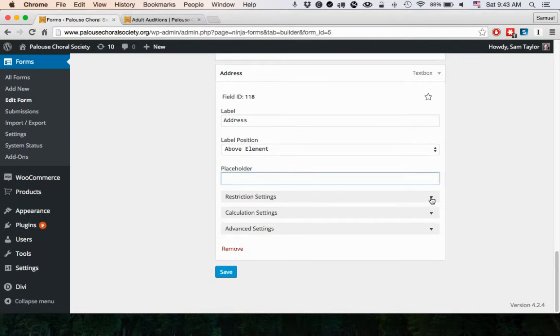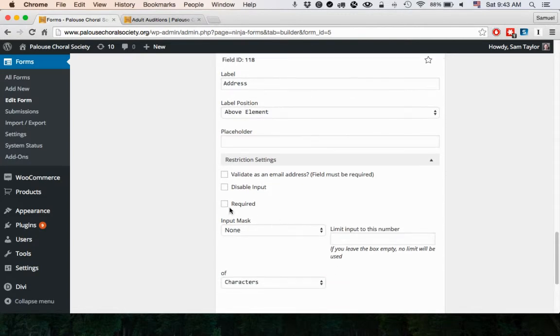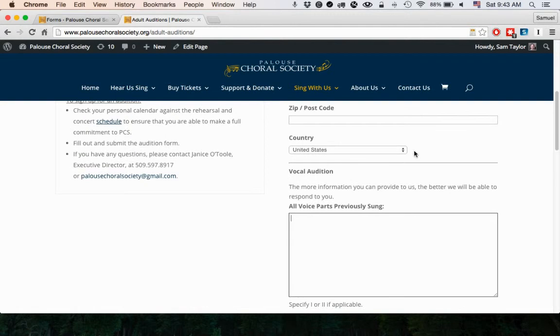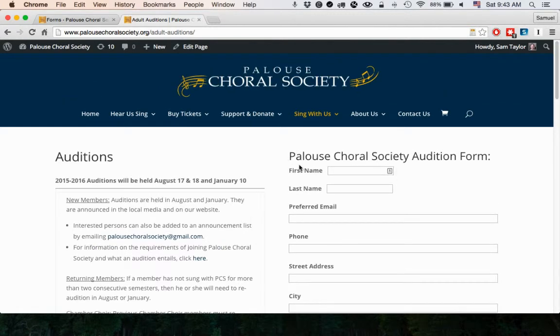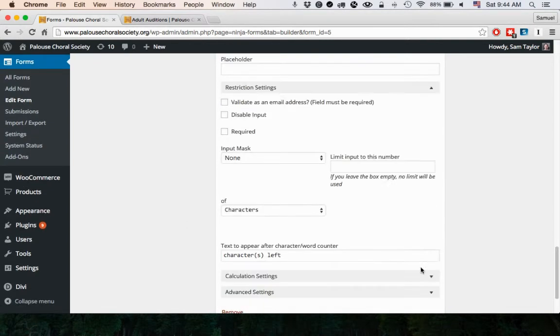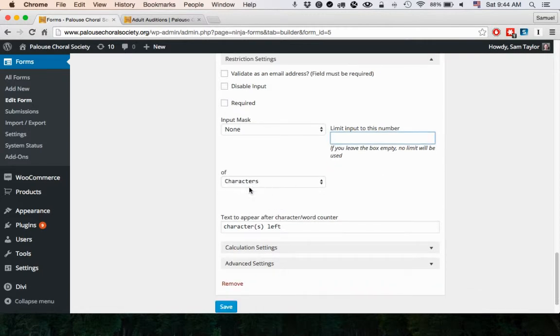The rest of these are a little more complicated settings, but if you wanted this to be a restricted or a required box for the person to fill in, it would add a red dot to the right of the box or to the left, and that would show your customers that that is required text and it won't let you fill out the form unless you've added something in there. So that option is there. You can also add a limit to the number of characters that you're allowed to input,